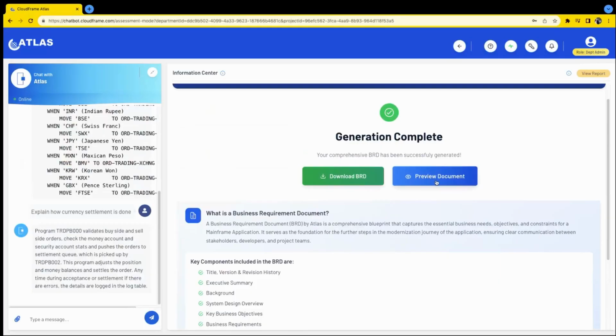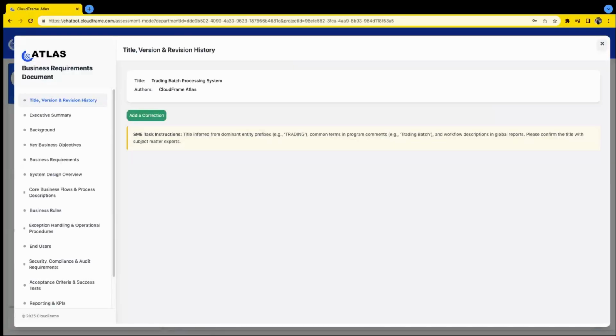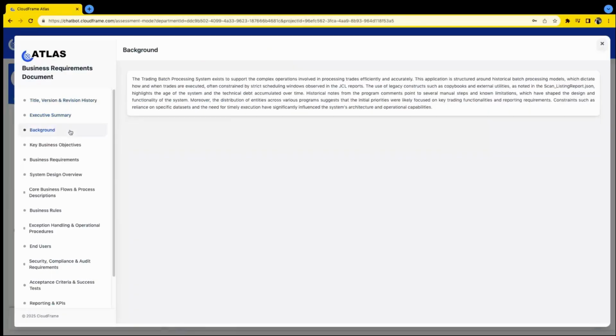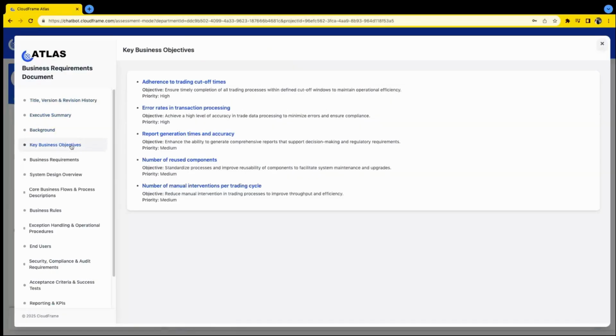And so I'll go ahead now and preview this document. And so once again here, while it's most of the time not going to be necessary, we do have the option for the SME to add a correction if they do not deem the information to be correct. Most of the time, that would be something around business taxonomy, where maybe there's something specific to your organization or a specific domain. And additionally, we're able to see an executive summary that's generated here, a background, key business objectives,